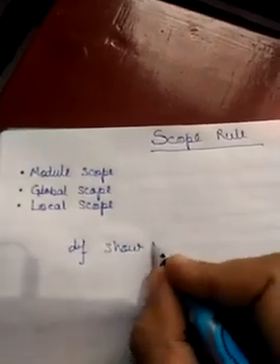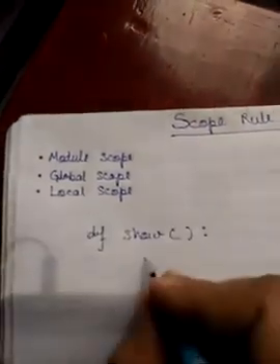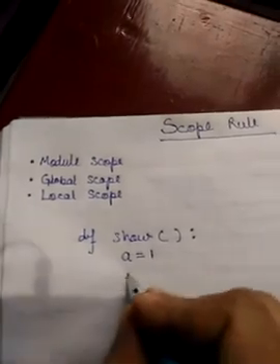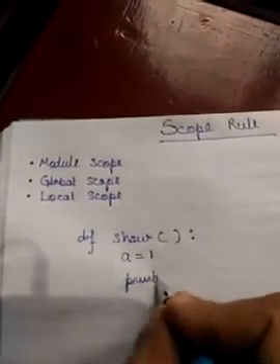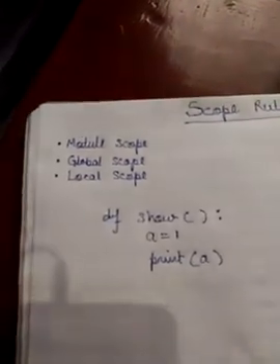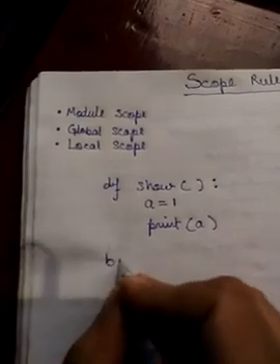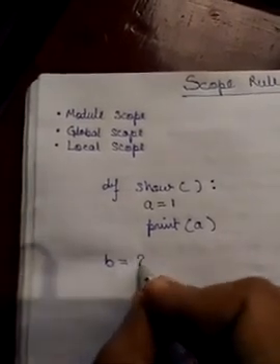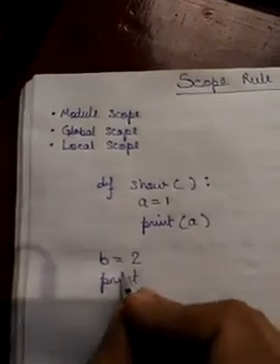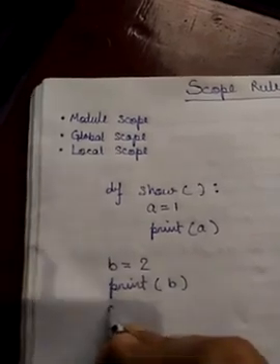Let us define a function show in which I have declared a variable, let us say a equal to 1. Print a. In the main program, I am declaring another variable, let us say b equal to 2. Print b. I am calling the function over here,